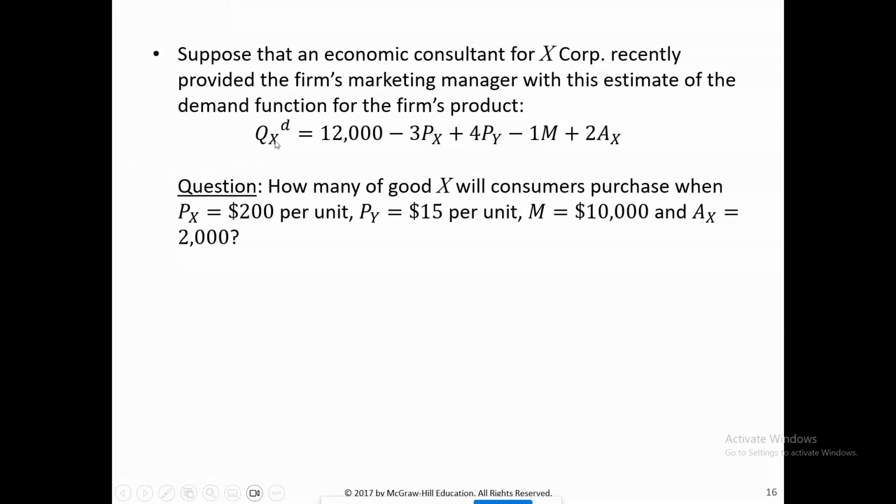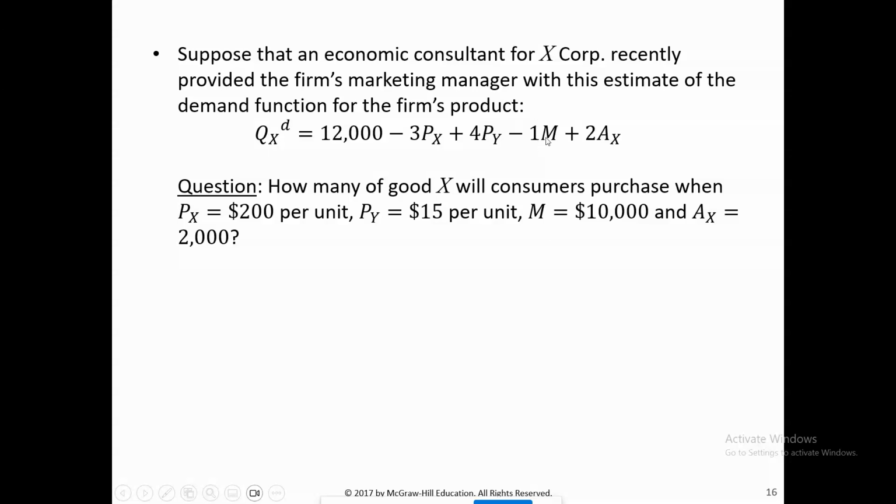We can say the quantity demanded for X equals a constant, a vertical intercept of 12,000, minus 3 price of X, because the law of demand is negative, plus 4 price of Y. So whenever price of Y increases, that will increase the quantity demanded for X,